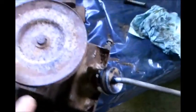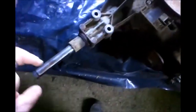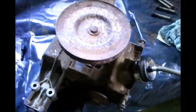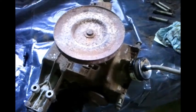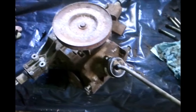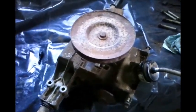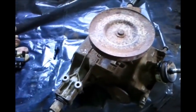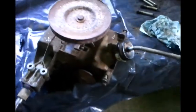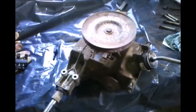Alright, I threw it in gear, twisted the drive gear around a few times, and watched the shaft turn. And there is no binding. I did one full rotation. There's no binding in there or anything. So I think it's going to be at least functional. Now I haven't got any of the belts set up on the mower thing yet, so I can't really test it in operation. But I think that's going to be it for the Mok Locker